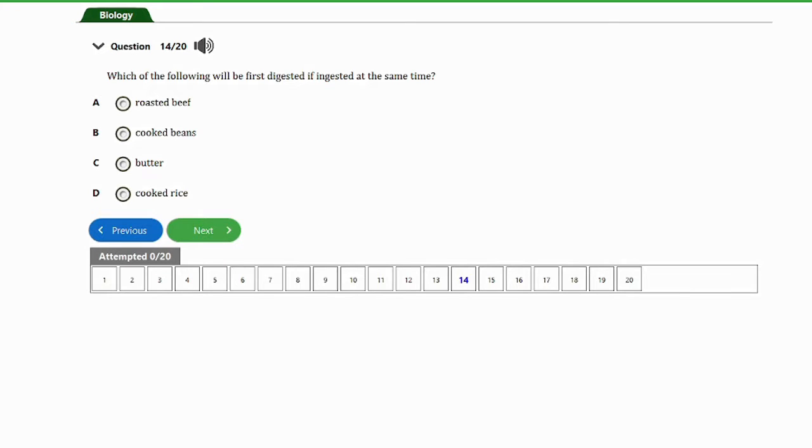That's question number 14. The question says, which of the following will be first digested if ingested at the same time? A, roasted beef, B, cooked beans, C, butter, D, cooked rice. So guys, cooked rice will be first digested because digestion of carbohydrates starts first before the digestion of any other